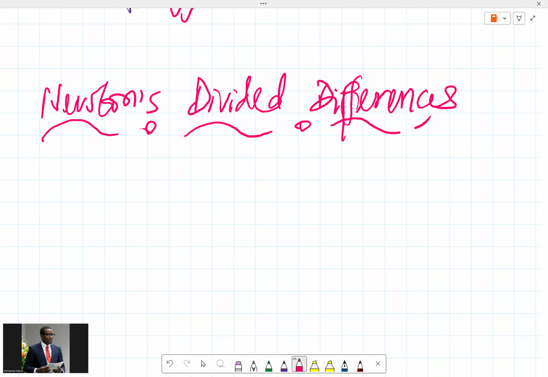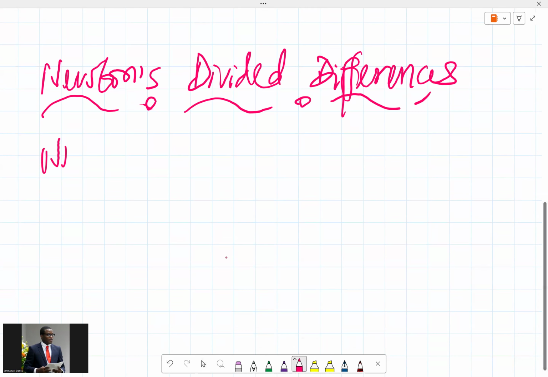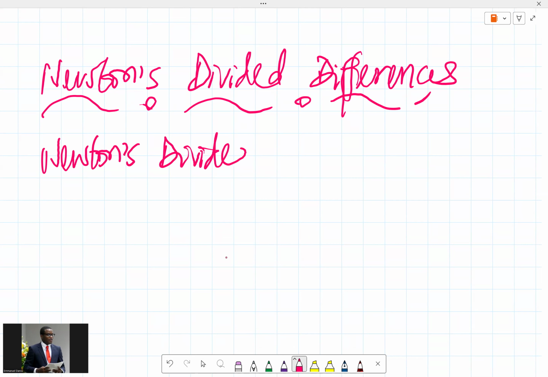Let's see what that is about. Newton's divided difference interpolation